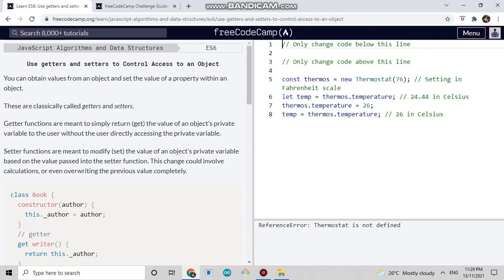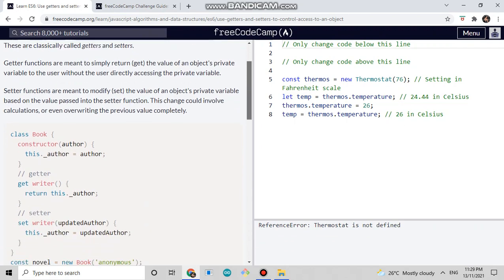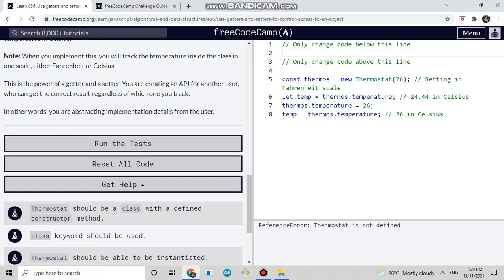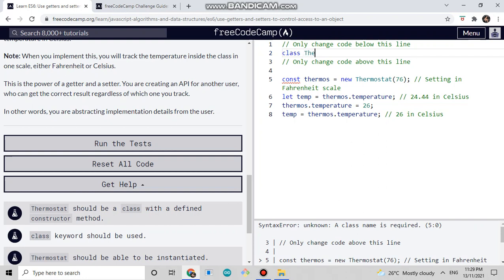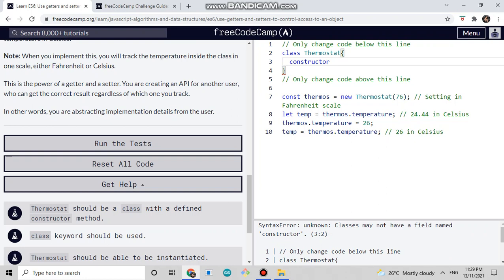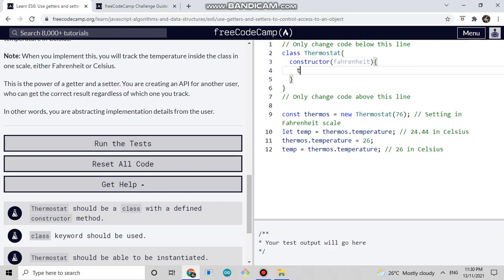Use getters and setters to control access to an object. So class Thermostat, constructor Fahrenheit. So this.fahrenheit